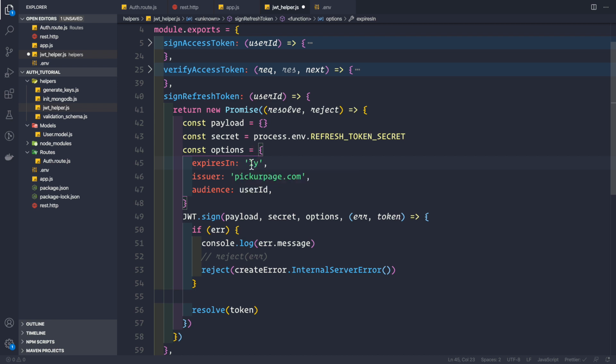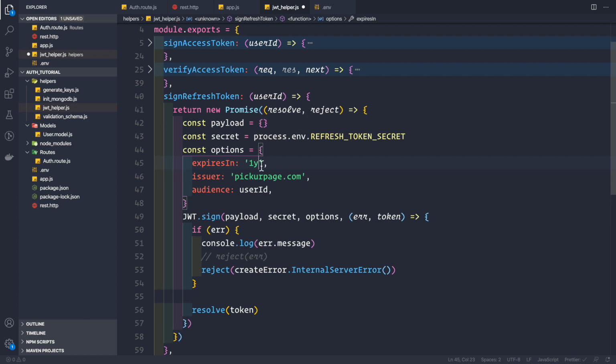That is why the period is so long, and in case someone doesn't use your application for a year, this token would also expire, and then you can ask them to log back in to your application. If you do not provide an expiration time for the refresh token, then it would be valid for the lifetime of your application, or until you change the refresh token secret. So it's a good idea to provide an expiration time of a single year here. And the audience would be the user ID itself, that is the current user who is trying to log in or authenticate.